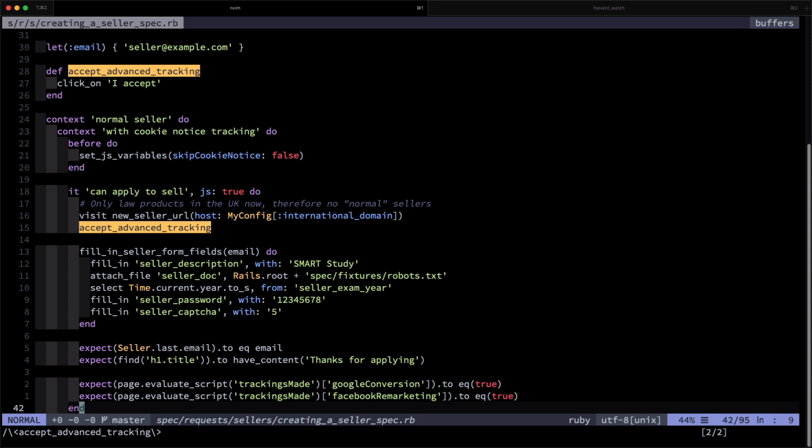It reads almost like English, especially this stuff for visiting URLs, filling in form fields, attaching files. It's one of the easiest things you can possibly code, and it takes very little time to do it once you've learned the basic syntax. And don't be fooled into thinking that this is a Ruby or Rails specific thing. I've used almost the equivalent library in PHP Laravel. It's called Dusk, and there's something very similar in JavaScript and Python too. I believe this exists in every programming language out there.